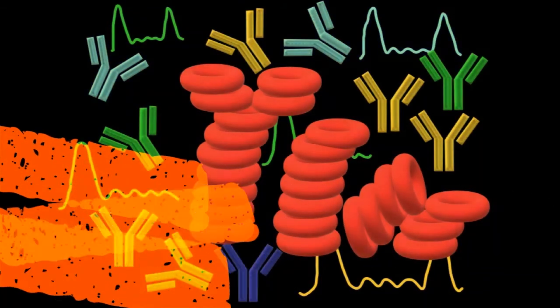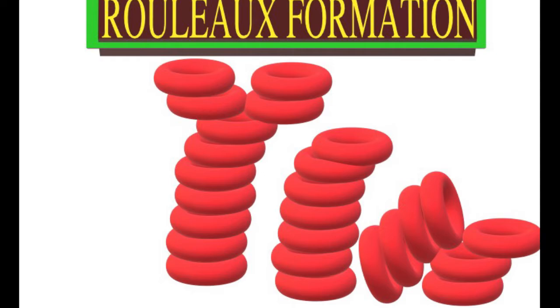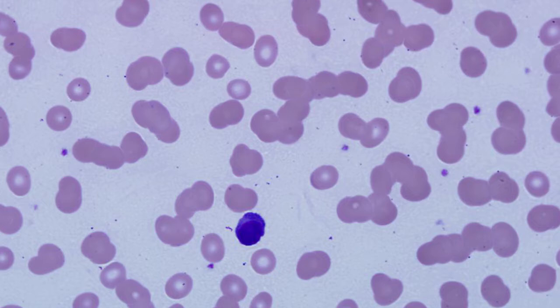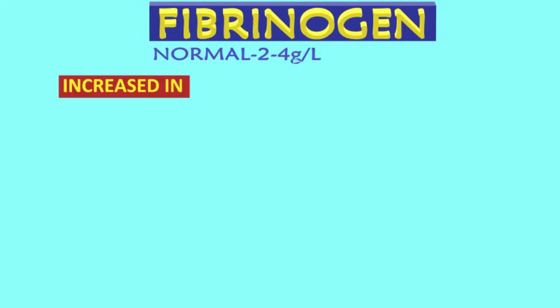In this video, we will see the lab diagnosis for multiple myeloma and related information. When you see a Rouleau formation on the peripheral smear under the microscope, it is caused by increased fibrinogen or increased immunoglobulins. There are other conditions that also give this appearance, like acute or chronic infections, connective tissue disorders and